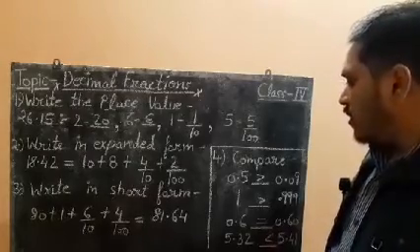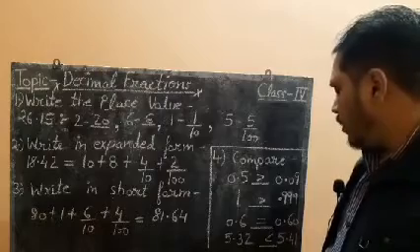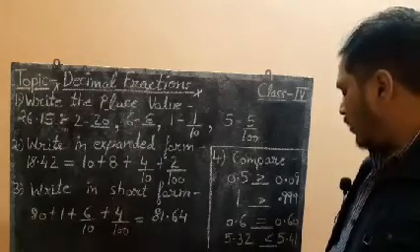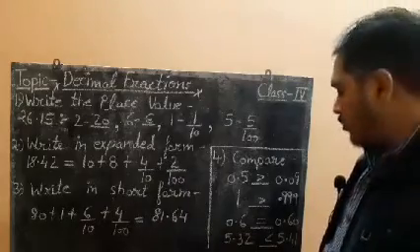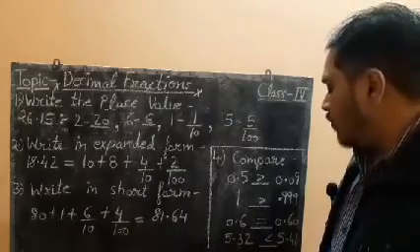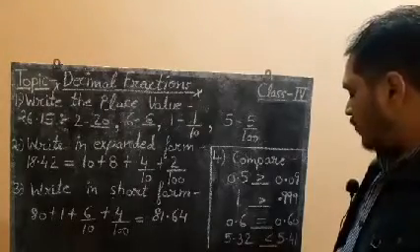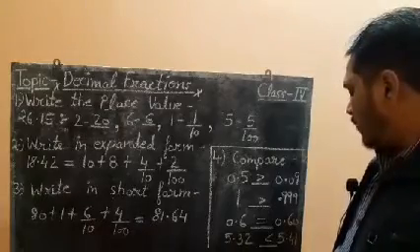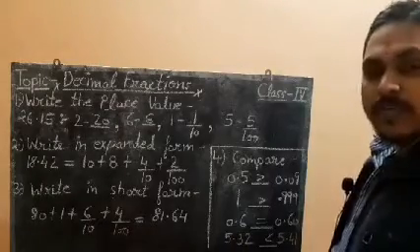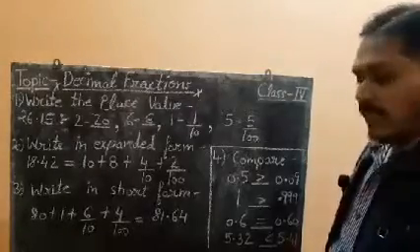The last part of question number 4, 5.32 is the first decimal fraction and 5.41. This is the second decimal fraction. So again you will compare the digits. First it is 5. Here also it is 5. After decimal here it is 3, and after decimal here it is 4. So 4 is greater, that means 5.41 will be a greater fraction.